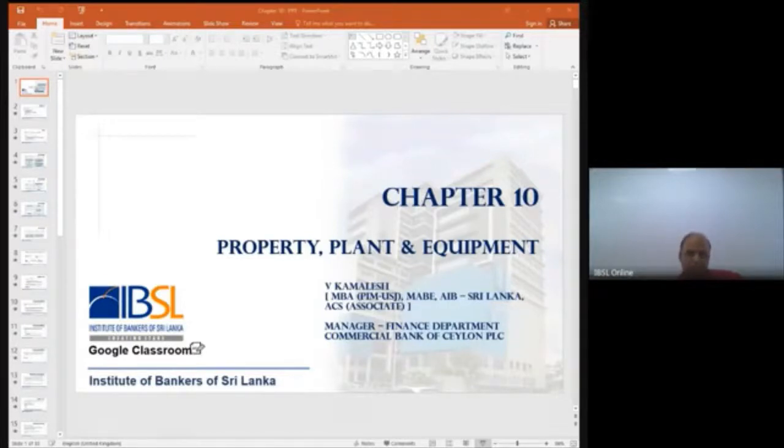Then the machine hour rate method. Again, the advantage is that at the end of the total number of machine hours, the written down value will reach 0. Depreciation is linked to the output attained. Very important: as long as your machine is working, you are producing. So your depreciation is provided based on your production. But we don't link it to the number of units, but the number of hours the machine is working.